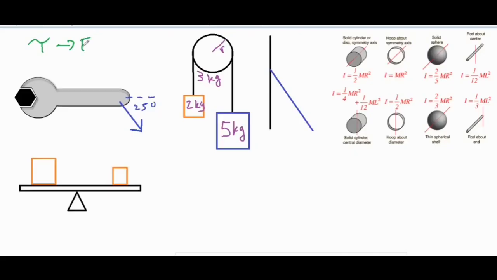Torque is any force applied a certain distance from the axis that causes a rotation. So our first example we're going to take a look at is this wrench over here. And if you apply any type of push or pull to this handle in a certain way, it'll cause it to rotate, hence causing it to be a torque. So torque in this sense is going to be force times R, which is the lever arm, times the sine